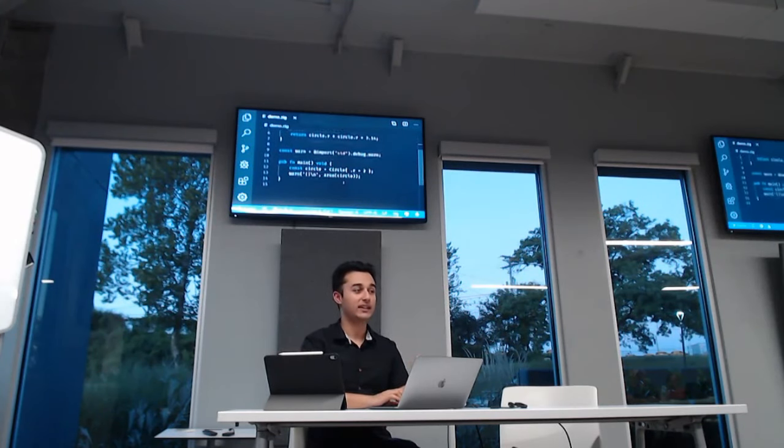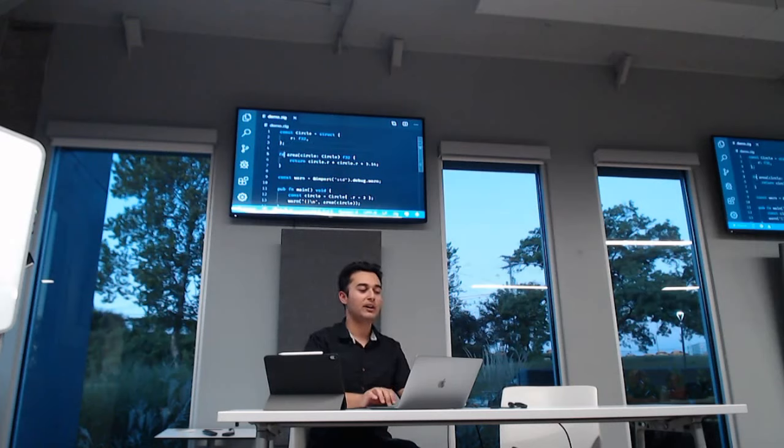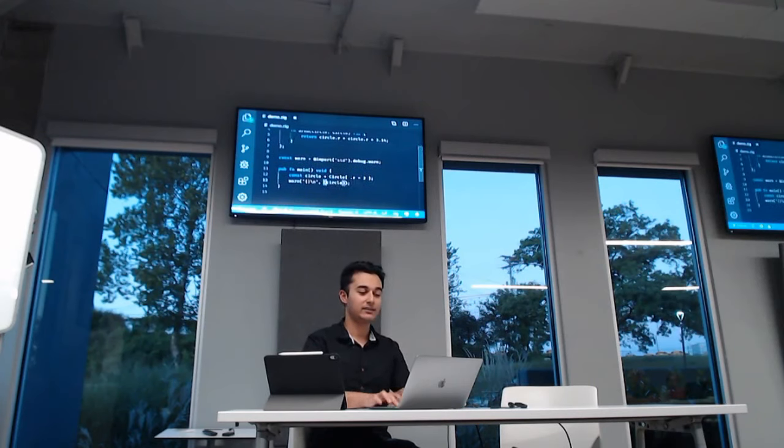It's fine, there's nothing wrong with it. But a syntactic sugar that Zig provides is you can put this function inside here, and instead of calling circle here, you could do circle.area here.